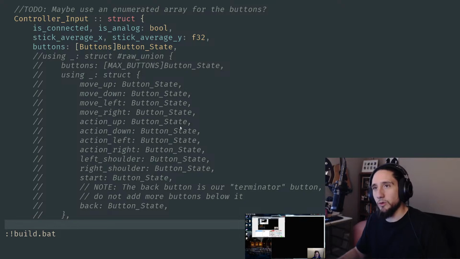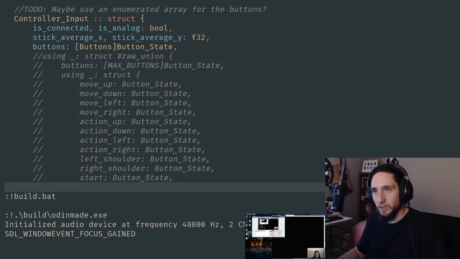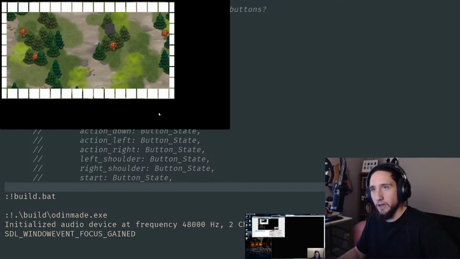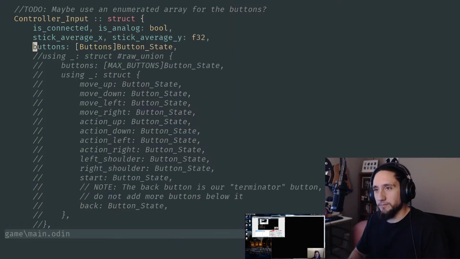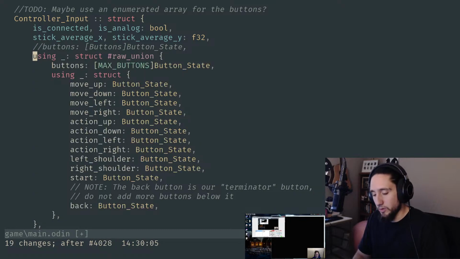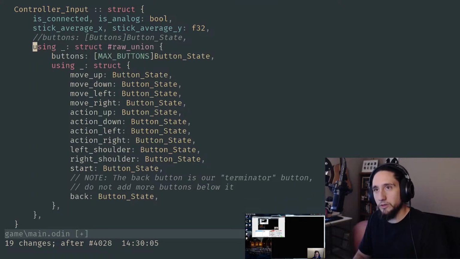I have to talk about controller input for a second because this came up yesterday. But yeah, so we're compiling and we're building, but we no longer have a hero. He has gone AWOL, and today we'll work on getting him back and getting the movement code working with the new entity system that we're kind of expanding here. So something that came up yesterday, there was an Odin contributor by the name of Skytrius, and hopefully I'm pronouncing that right, I'm not sure, but he was kind enough to